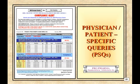In slide 21, entitled Physician-Patient Specific Queries Compliance Alert, in these kinds of studies we are taking a look on a drug-by-drug basis to ask whether these patients have been taking their medicines as expected and if they're complying, so that as you modify dose or you're monitoring them, you can see what their refill history has been with regard to compliance. There are two main issues. One is refill history and the other is persistence month to month for maintenance type drugs. These kinds of reports show that, and we tend to give you this information so that you can follow up and make sure that you're aware of patients who are not complying when you're trying to modify dose